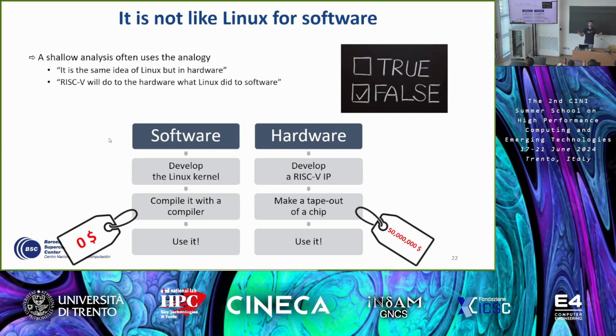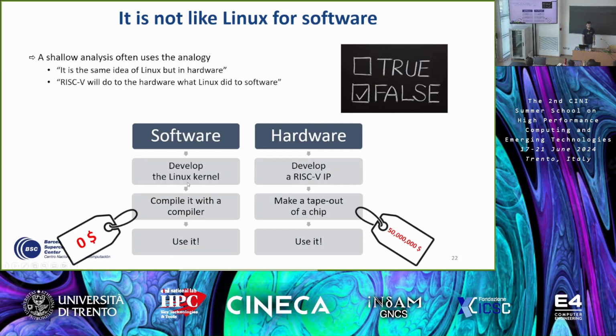There are people around the world that say, hey, RISC-V is like Linux for software, but for the hardware, right? Linux did the same. It is free. You have now a free operating system. It's open source. Everybody can take it. And, not true. Not completely true, because if you look at the flow of development for the software,